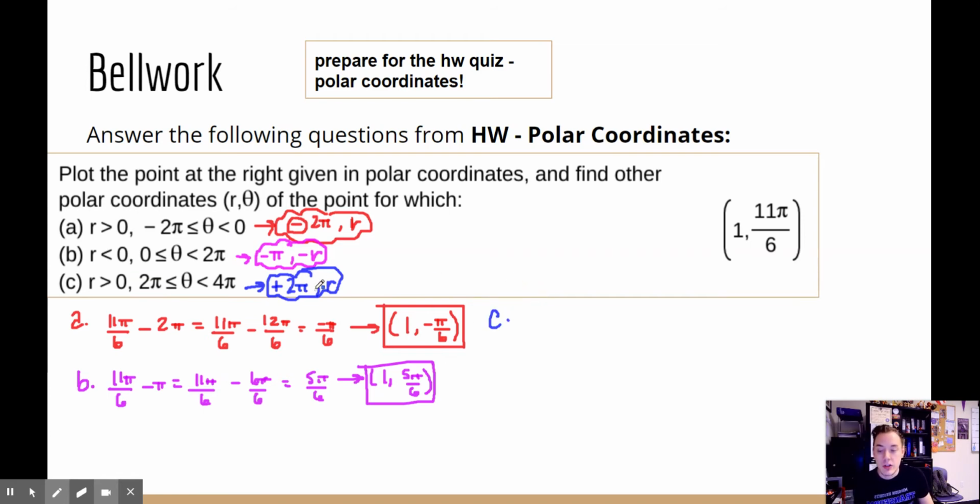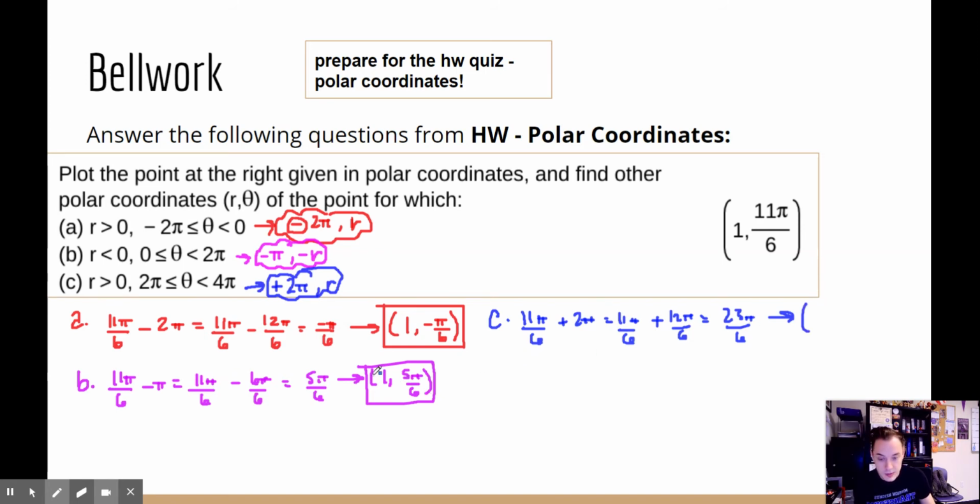Now, I want to add 2 pi. So I'm going to take 11 pi all over 6 and add 2 pi. This gives me 11 pi all over 6 plus 12 pi all over 6, which gives me a whopping 23 pi all over 6, which, when I put it in my coordinate system,